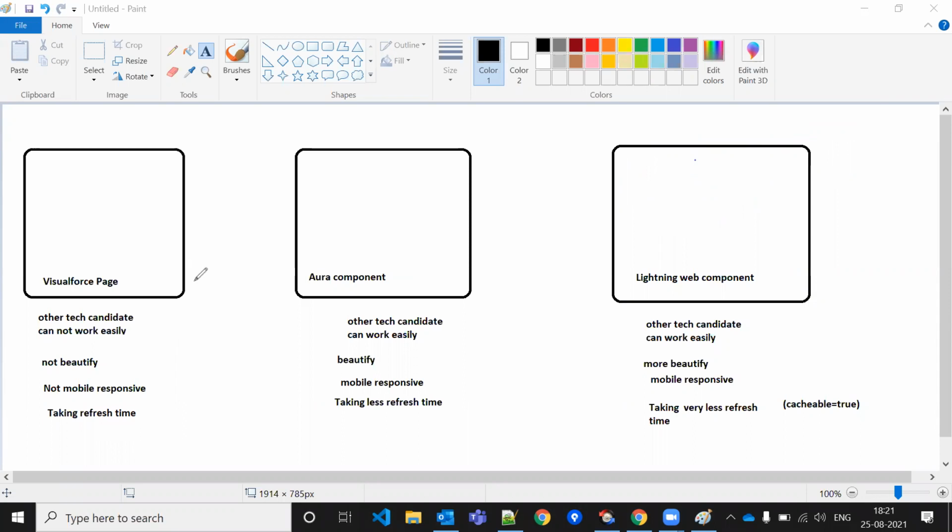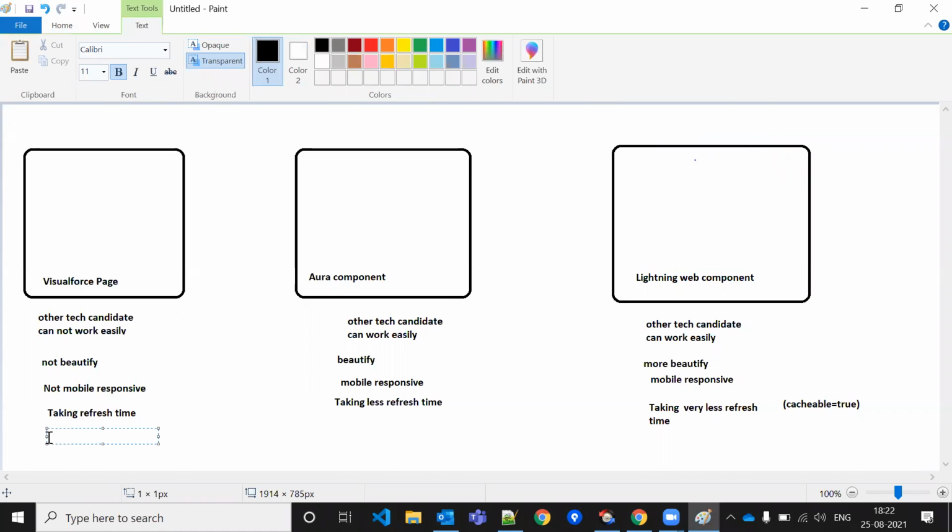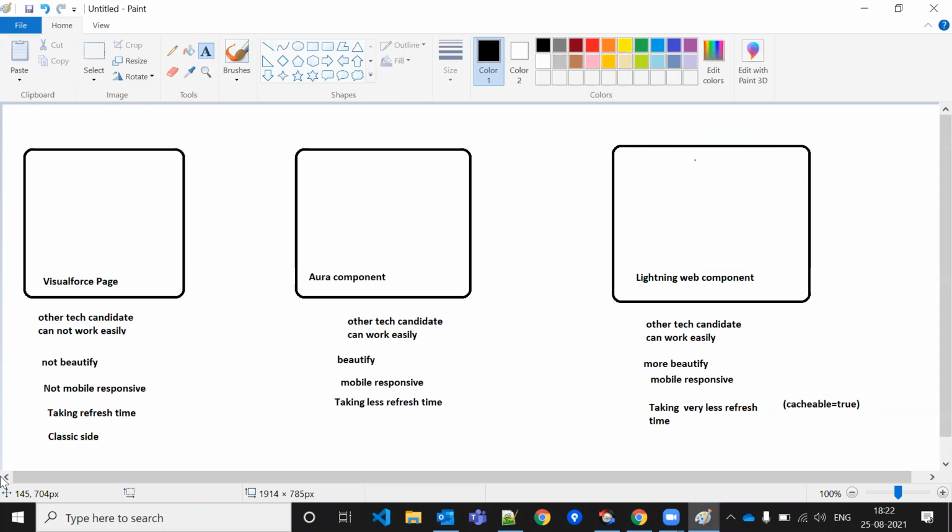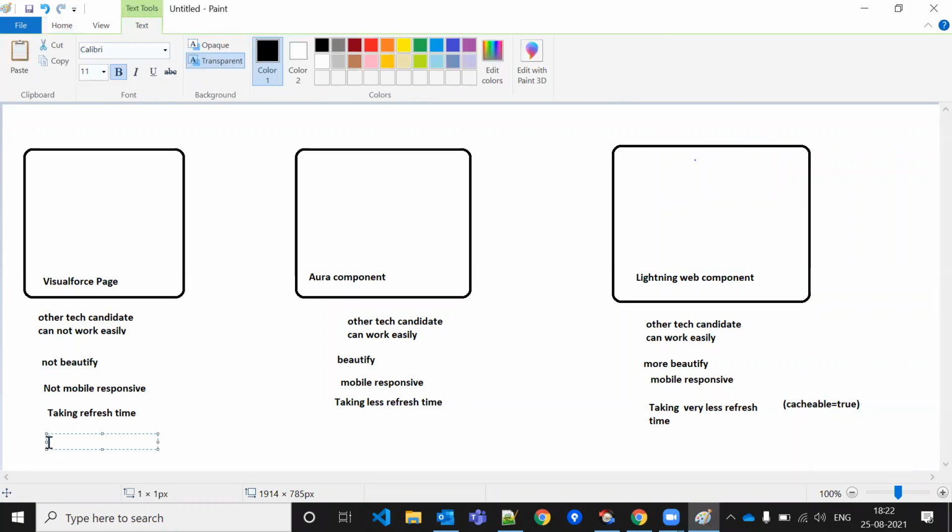If I differentiate by platform, where can I write a Visualforce page? I can write a Visualforce page easily on the classic side, and in the developer console also. Here, not the classic side, developer console only.